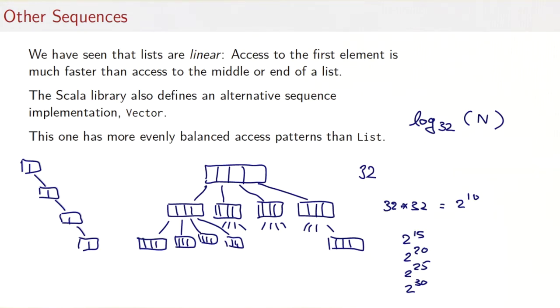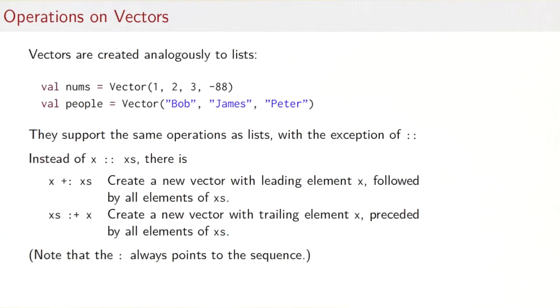If your access patterns are typically bulk operations such as map or fold or filter, then a vector would be preferable. Fortunately, it's easy to change between vectors and lists in your program because the two are quite analogous. So we create vectors just like we create lists, only we write vector where we had written list. And we can apply all the same operations of lists also to vectors: map, fold, head, tail, and so on,